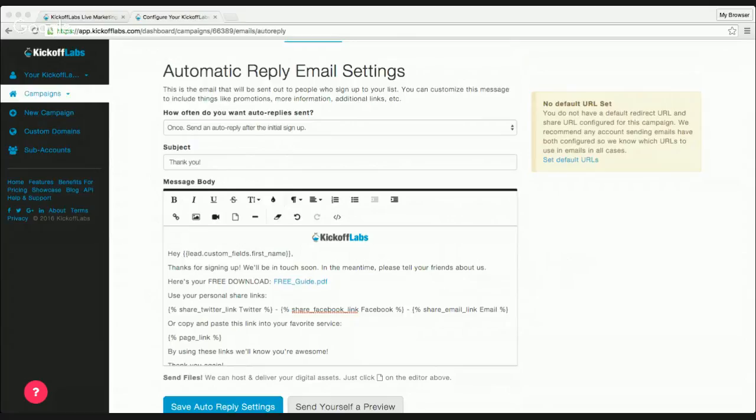So let's say I added a subdomain, promo.mydomain.com. Okay, so I added that. I can publish to that URL /thank you or /sign up, or basically we give you a lot of options for publishing to your own subdomain or normal domain.